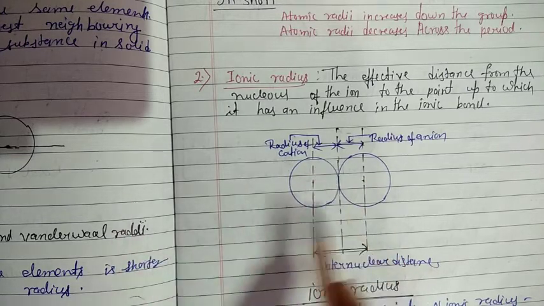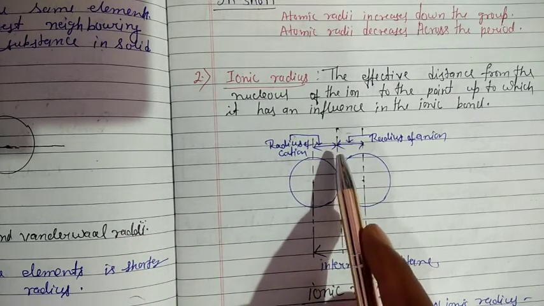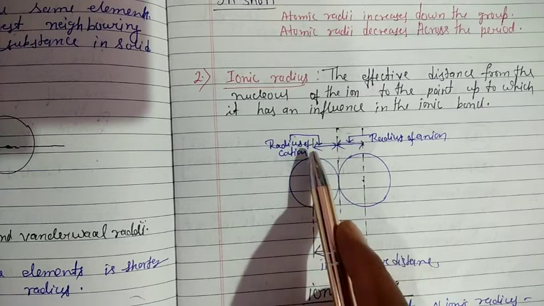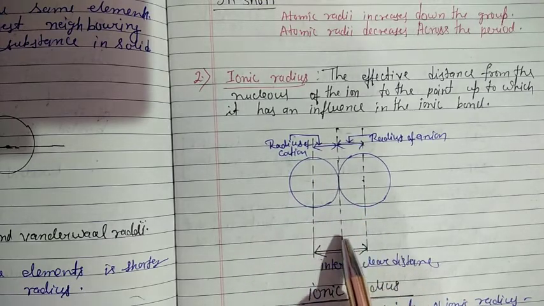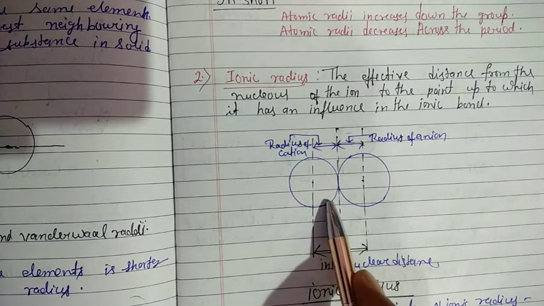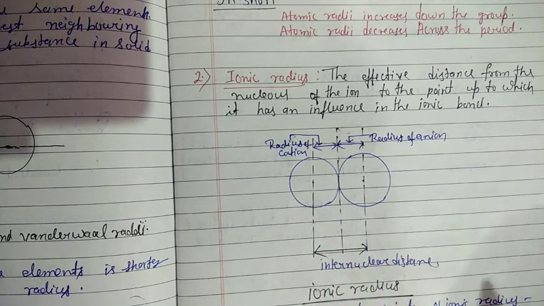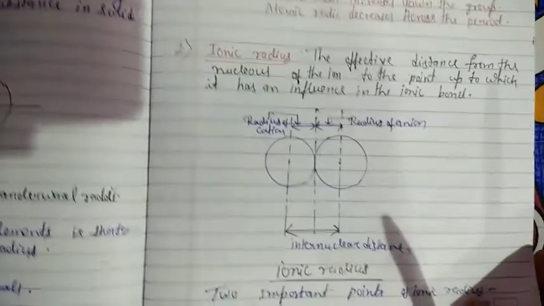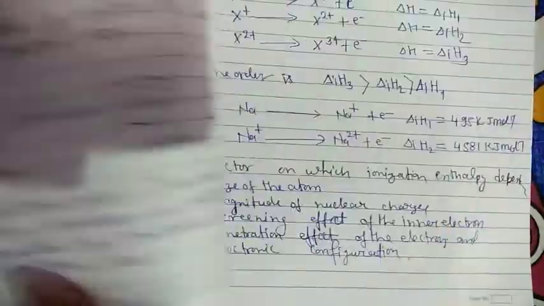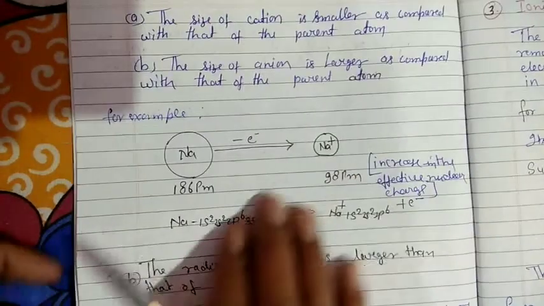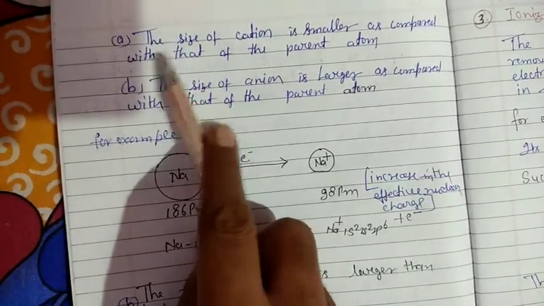The distance of contact between the radius of the cation and the anion, half of the internuclear distance, is called ionic radius. This one is ionic radius. Two important points of ionic radius are: first,